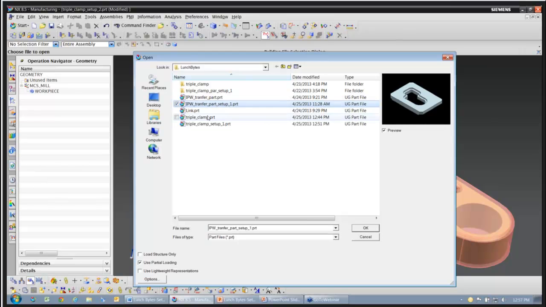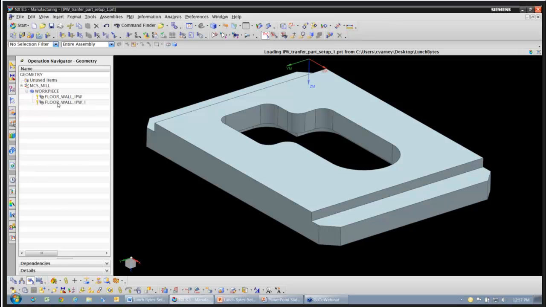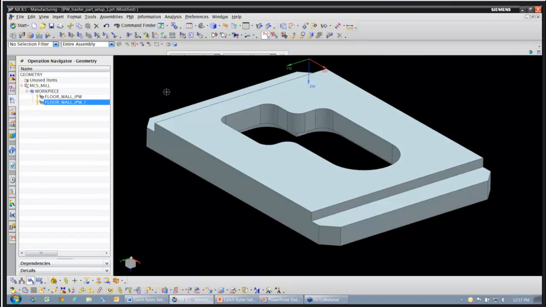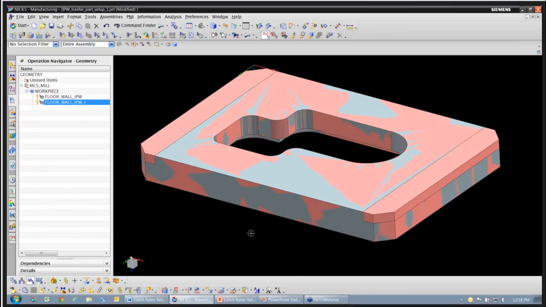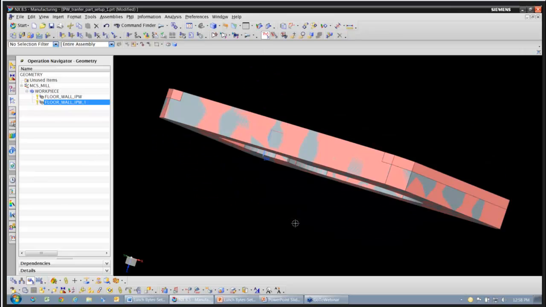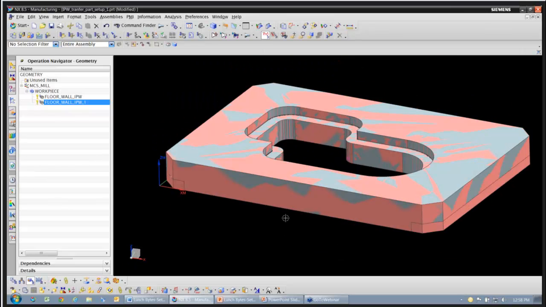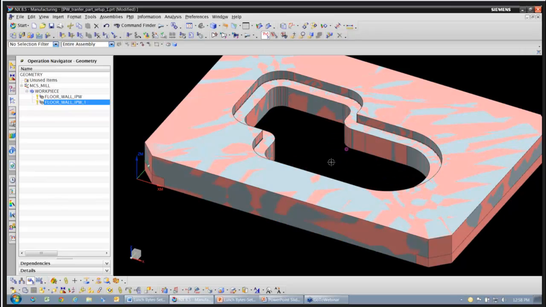I'm going to open up this part here. This is the IPW transfer part. This part already has some manufacturing done to it. All right, I'm going to show you what the existing IPW looks like. All right, the existing IPW we could see is this pink shape here,